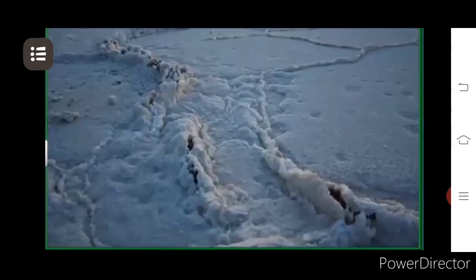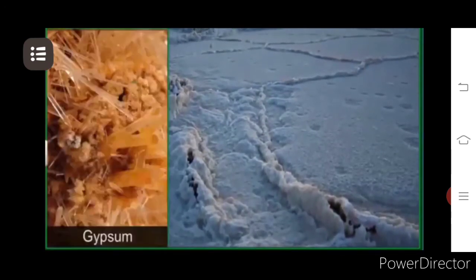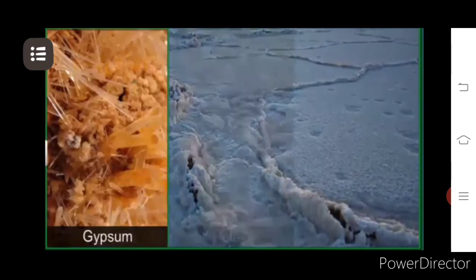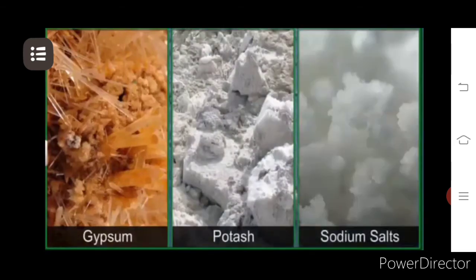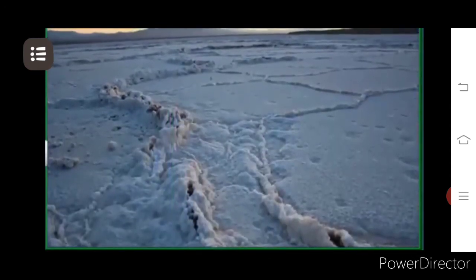We also come across vast beds or layers of minerals like gypsum, potash, and sodium salts. These beds are created when mineral-rich water evaporates,